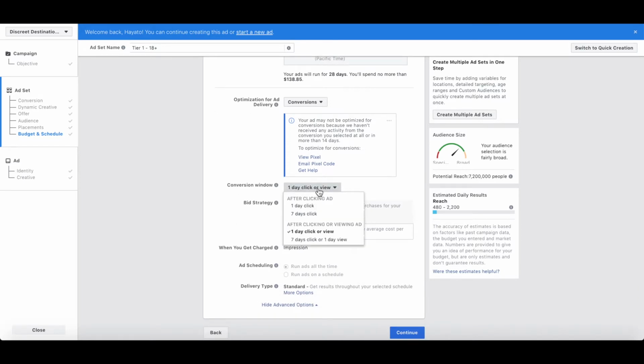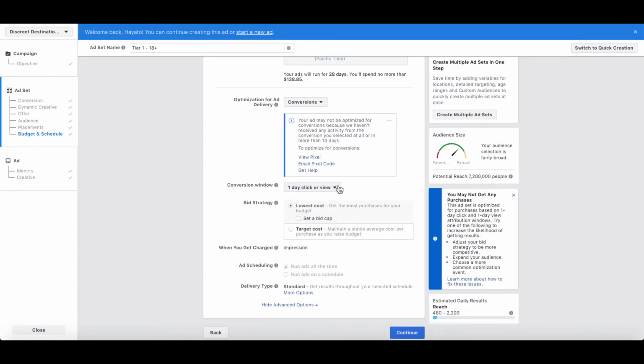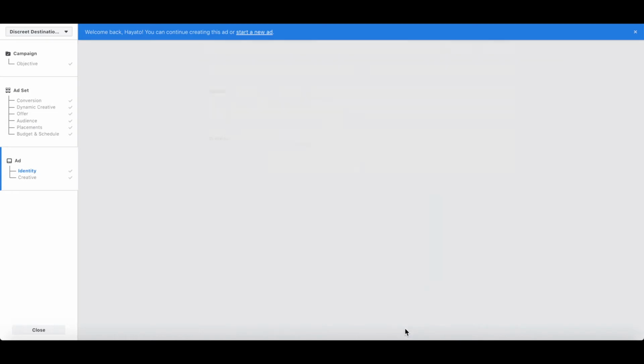And a lot of people say, well, what conversion window is the best? I've tested both of them, 7 days click or 1 day view and 1 day click or view. I haven't seen too much of a difference. It's pretty much up to you. I always click 1 day click or view, but it's really up to you. Let me know if 7 day click or 1 day view has been working better for you. If it has, that's awesome. Just let me know in the comments below. Then you will click continue,